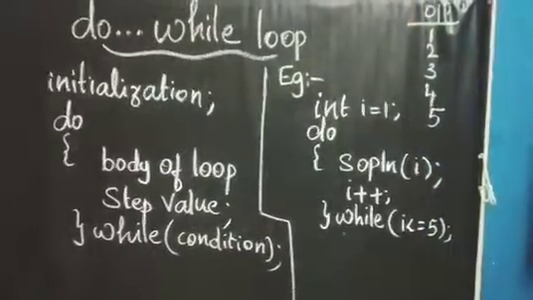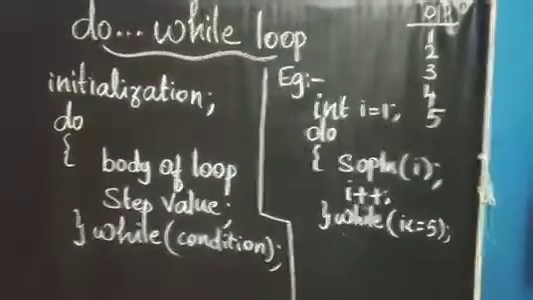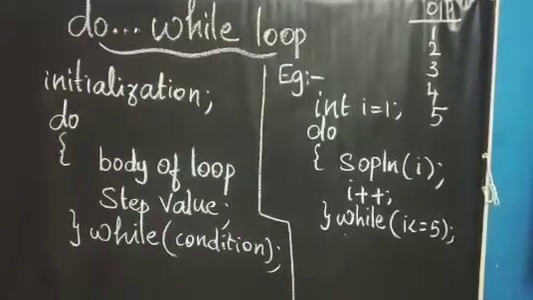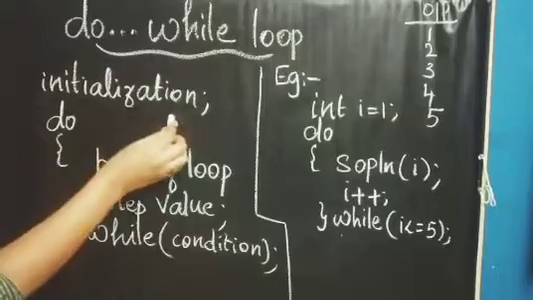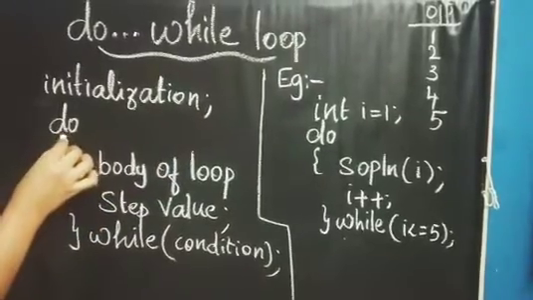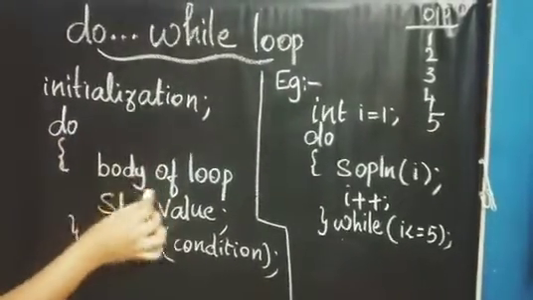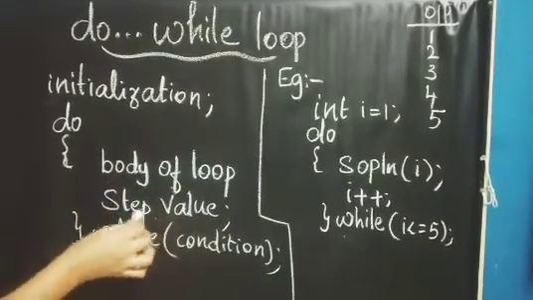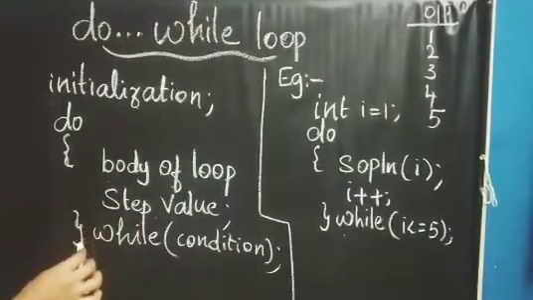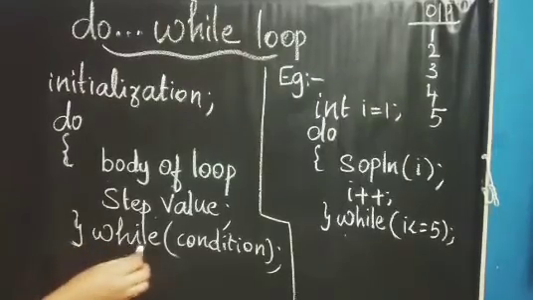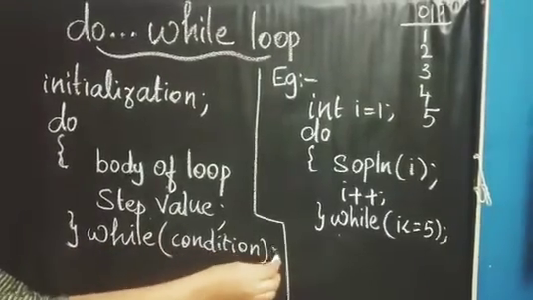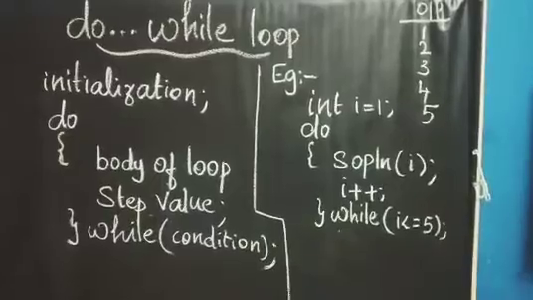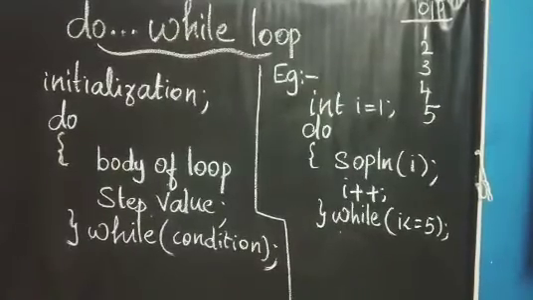Do while loop. So do while loop is also another iteration loop. So syntax is initialization, do, then block starts, body of the loop, then the step value, that is increment or decrement, then block is closed, then while, condition and a semicolon. So this is the syntax. Now example,